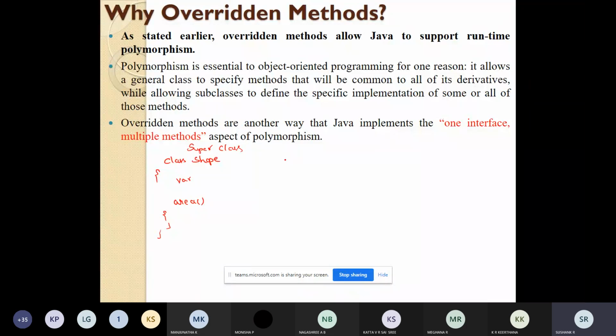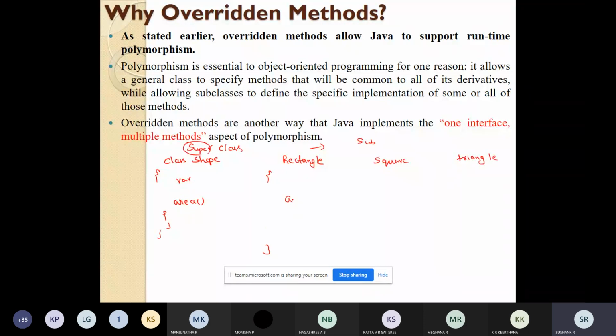After this, I'll create one class called rectangle. So this is the subclass. I'm not writing the code, but if I write rectangle extends shape, rectangle will become the subclass of shape. So I will create three subclasses for this superclass called shape: rectangle, square, and triangle.